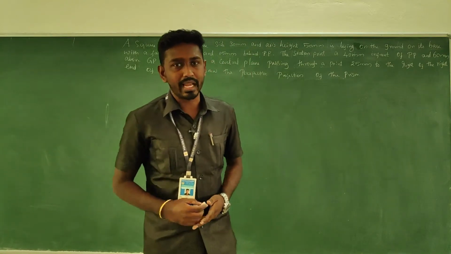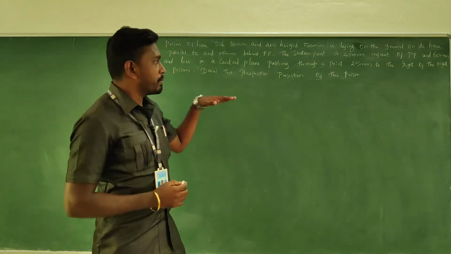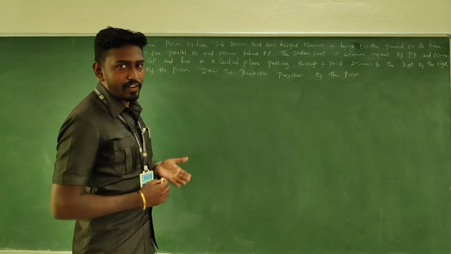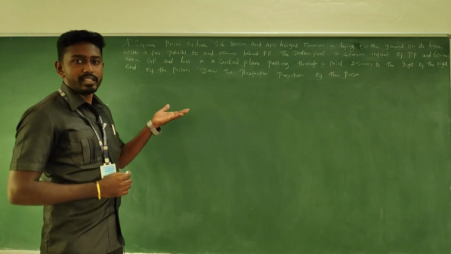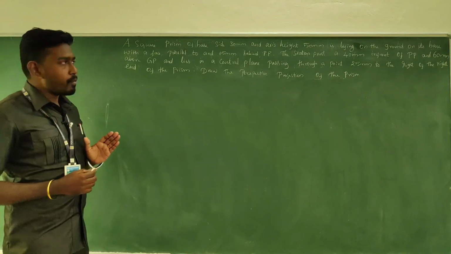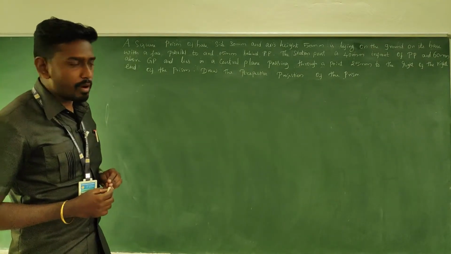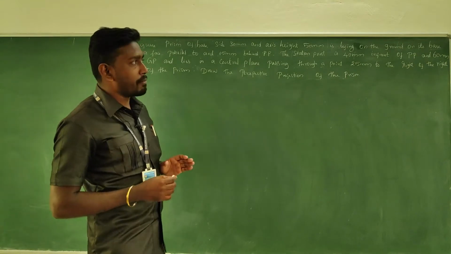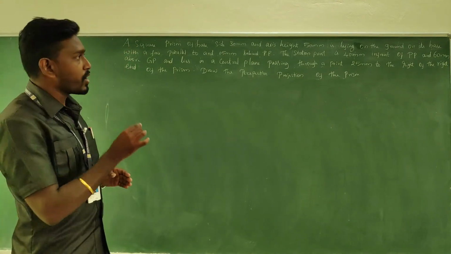Welcome, all students. I come up with a question from perspective projection. First I will read it out, and then you will come to know what is being given in the question. A square prism of base side 30 mm and axis height 50 mm is lying on ground on its